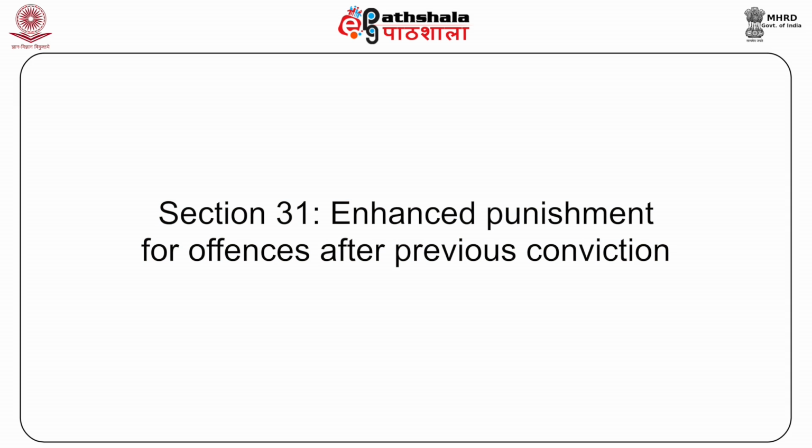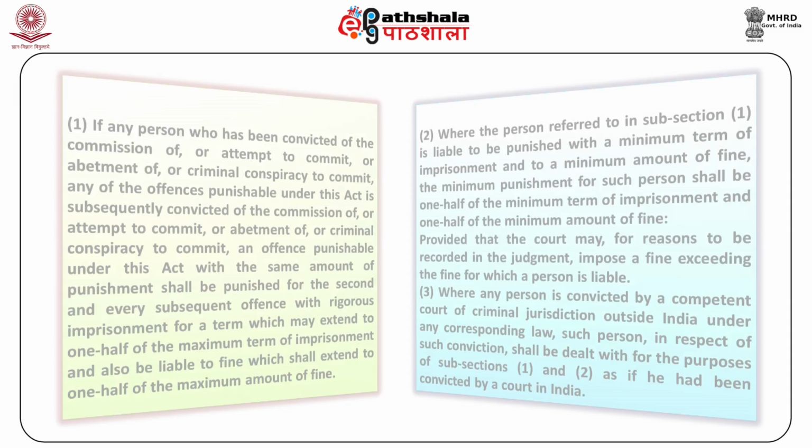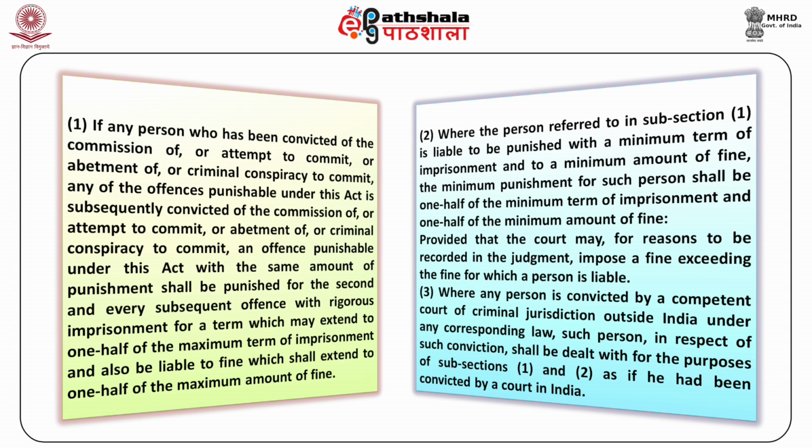Enhanced punishment for offences after previous conviction. If any person who has been convicted of the commission of, or attempt to commit, or abetment of, or criminal conspiracy to commit any of the offences punishable under this Act is subsequently convicted of the commission of, or attempt to commit, or abetment of, or criminal conspiracy to commit an offence punishable under this Act, with the same amount